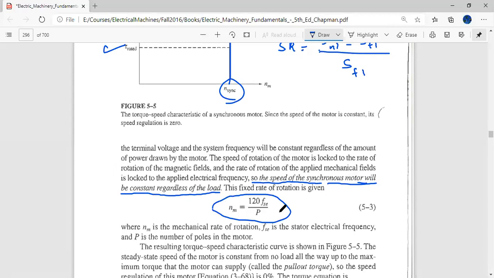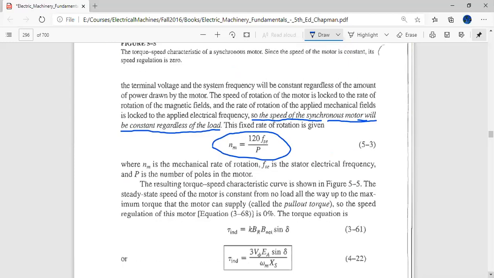And the formula, we have already studied this. This is the third time we are looking at this formula. The same formula was applicable in the induction motor, the same formula was applicable in the synchronous generator, and now the same formula is applicable here for the synchronous motor. The only difference is that in the induction motor there is a concept of slip, because it is an induction-based machine and it cannot run at the synchronous speed. So the induction motor always runs at a speed slightly lower than the synchronous speed, but the synchronous motor will only run at the synchronous speed. It will never become higher or lower than the synchronous speed.